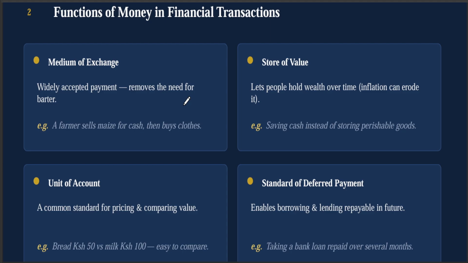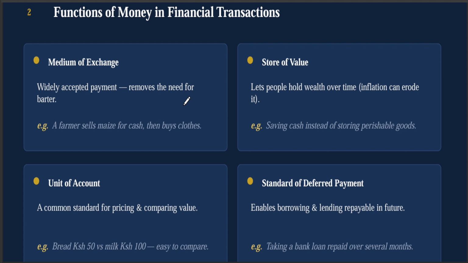So money can be used as a store of value. Kama unataka kuwa wealth, then it means that you need a lot of money to determine whether you're wealthy or not. So you can use it as a store of value. So instead of storing perishable goods, kwa sababu goods ukiwa na nyingi, even though ya determine wewe ni wealthy, but at the end of the day, after 2 months 3 months zile goods zitaharibika. So it's better kuiekelea kwa pesa, ndo uweze kuhold the wealth using cash or even bank accounts.